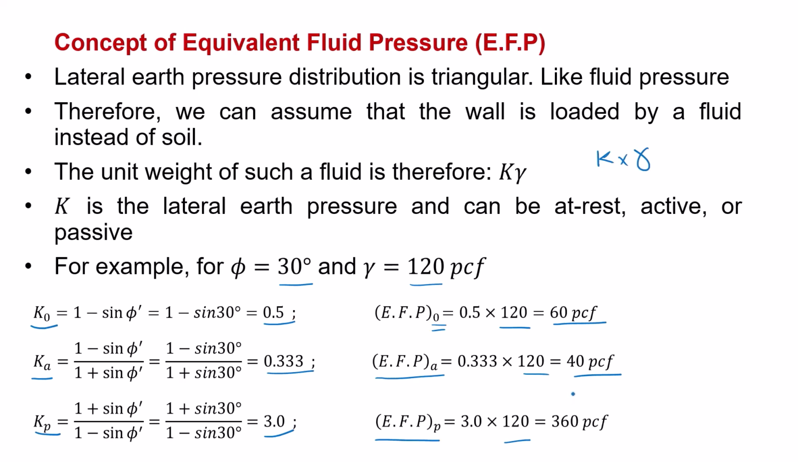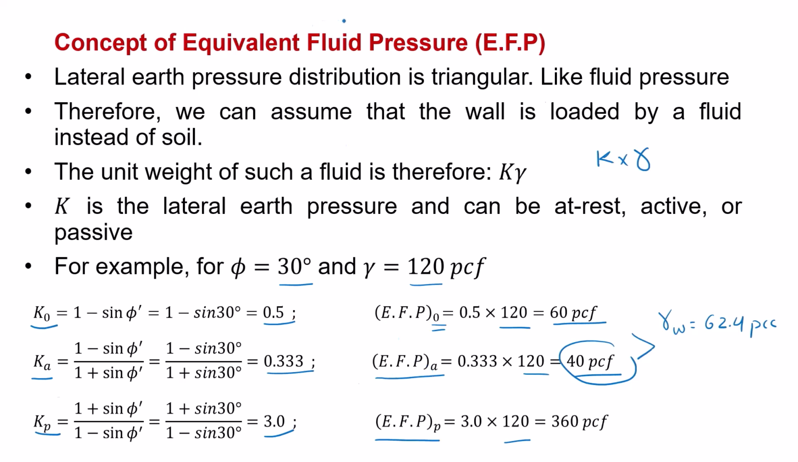This gives engineers a simpler and more intuitive way to visualize how much pressure is acting on the wall. For example, in the active case, the E.F.P is 40 pcf. This means that the soil in this case applies less lateral pressure than water would, which might be surprising at first. But it makes sense when we consider that soil friction reduces the lateral force acting on the wall. For your information, gamma of water is 62.4 pcf, which is larger than the E.F.P for active case in this